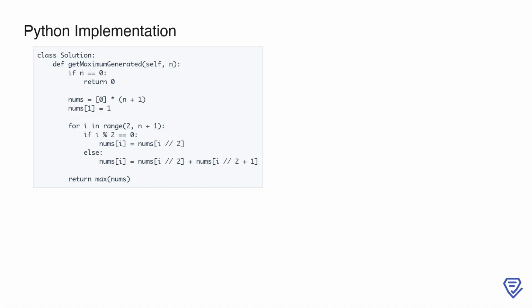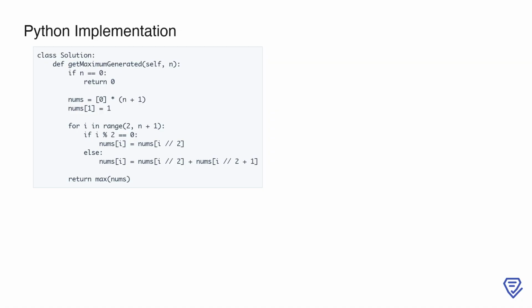in the array. First, we handle the edge case where n is 0. Since nums will only contain the value 0 in this case, we directly return 0. Next, we initialize the nums array with n plus 1 elements, all set to 0. The first two elements of the array are set based on the problem's rules, nums[0] equals 0 and nums[1] equals 1. We then iterate over the range from 2 to n, inclusive, to compute the values of nums